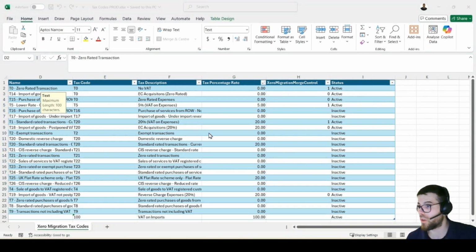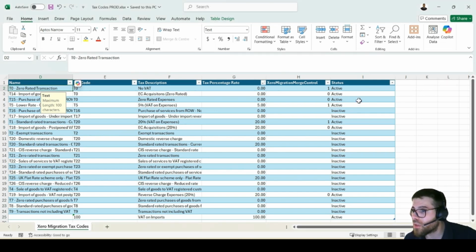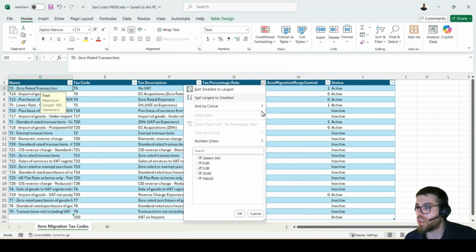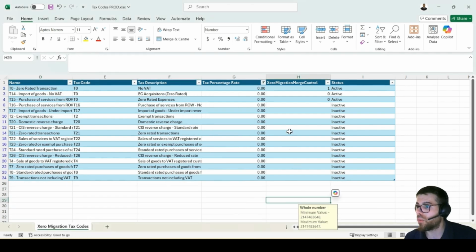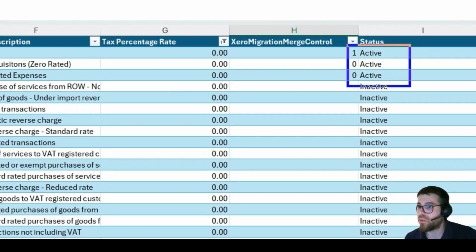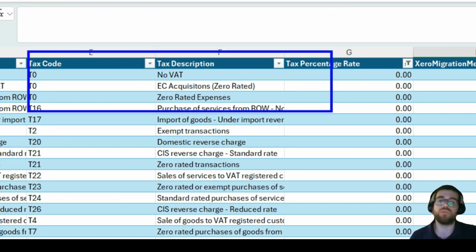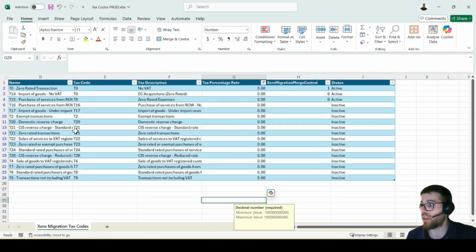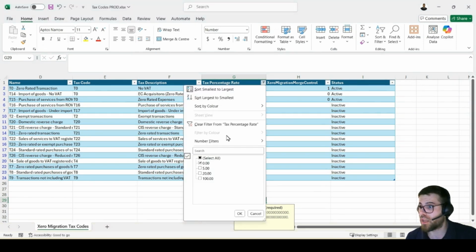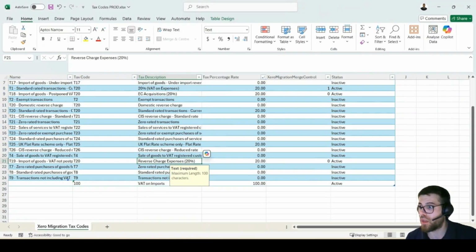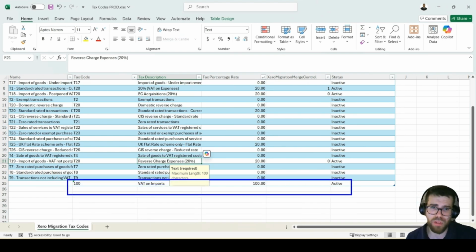And so after some manual changes, what I've done is, let's pick here, see that we have some changes. Let's pick, for example, as we were saying, the 0, 1. We have only 3 that are going to be active. Only 1 is going to be used as default. And then here we have changed the tax codes and tax descriptions according to what the business wants. And you'll see that I also created a new 100%. I don't know what has 100% VAT in the UK, but I don't want to